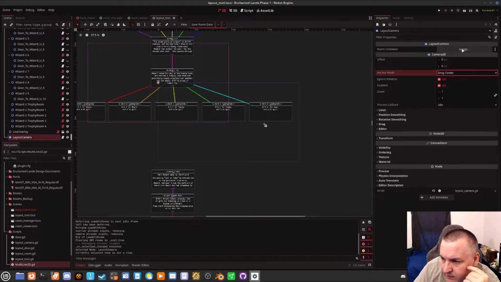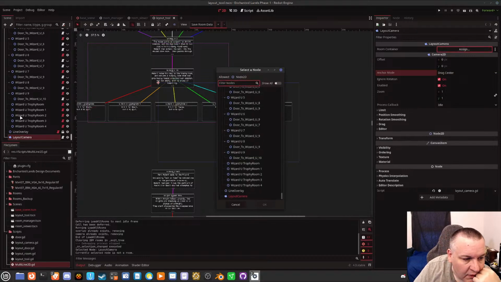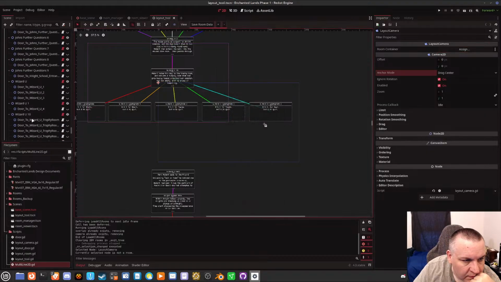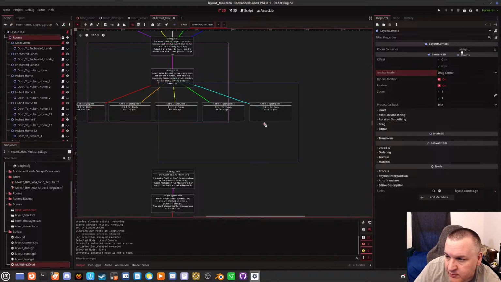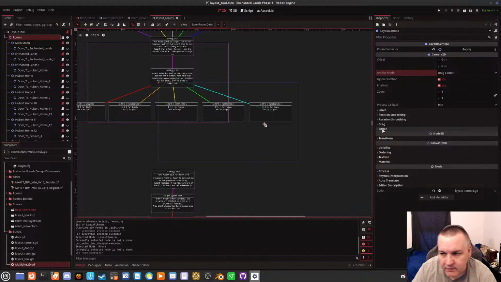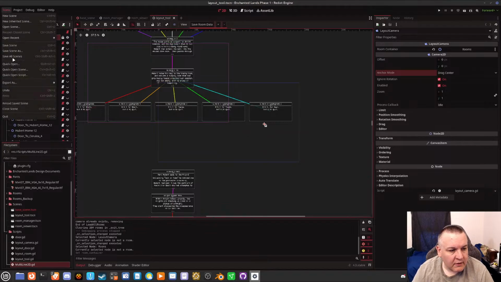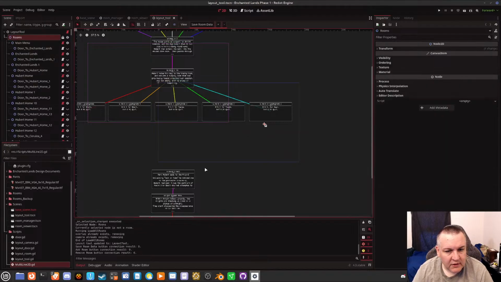All right. Okay, so the room container is the rooms node. I can just go ahead and assign it that way. Let's go back up here. Let's put this in the assign that. Reload saved scene.